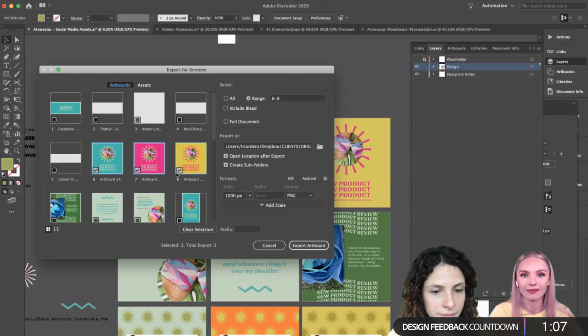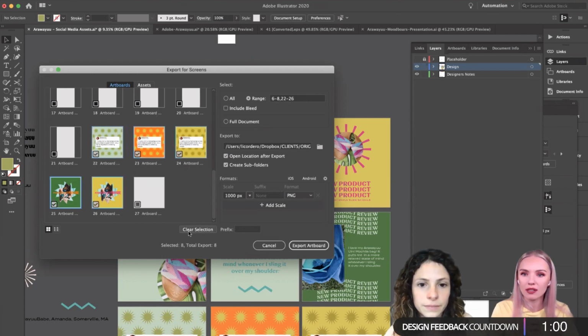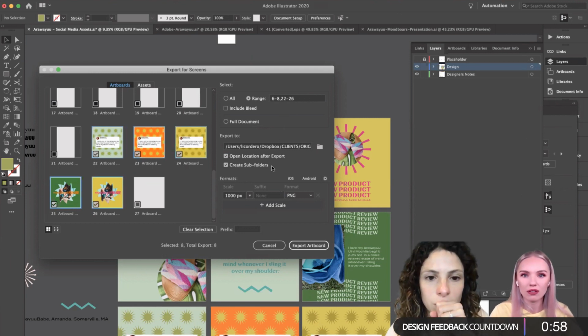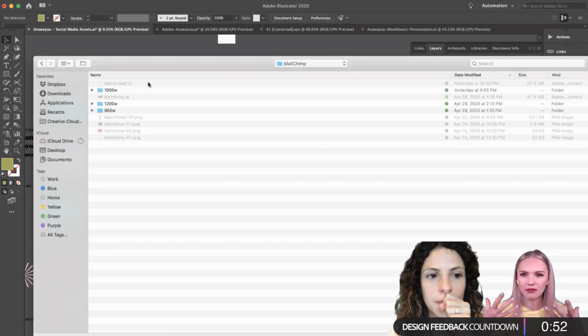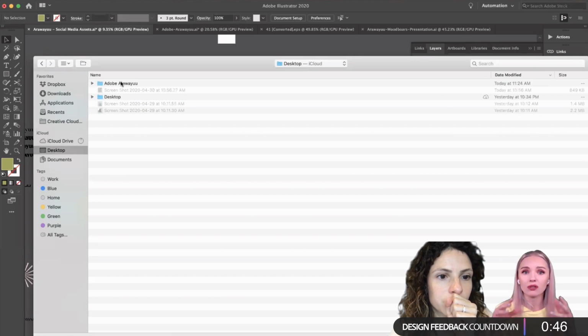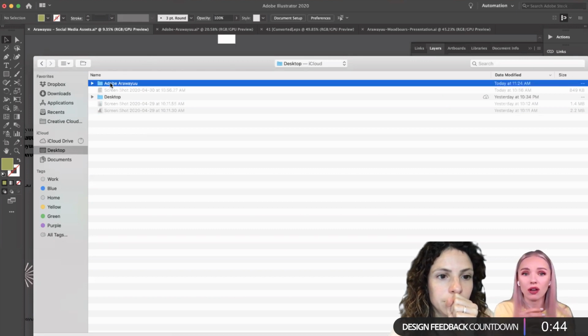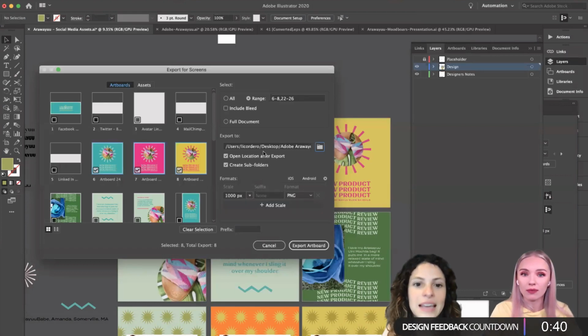Let's say I'm going to export these. Yeah, I do the same thing. If it has to be viewed on a screen, I'm definitely going to export for screens, because it creates an optimized file size for quick loading. Especially if you put something on your website, you want to avoid images loading for a long time. So export for screens is really a great option.